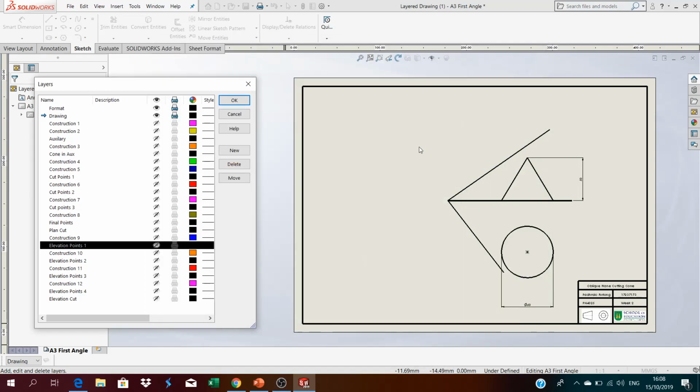Okay, so this is a short video explaining the steps to take in order to draw a cone that has been cut by an oblique plane. So first things first, an oblique plane is a plane that rests at an angle to both horizontal and vertical